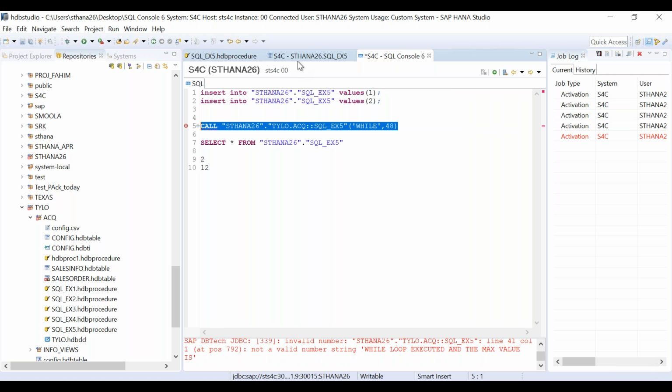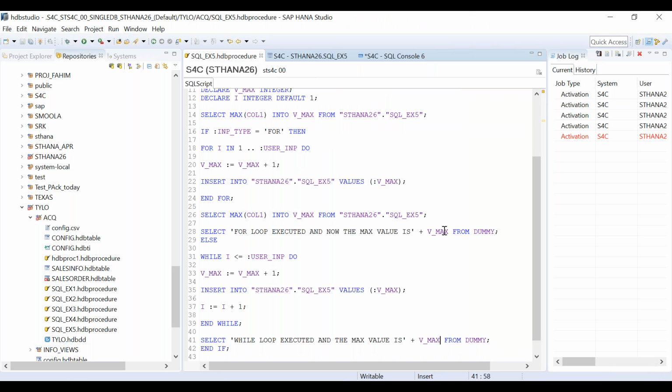Okay. All right. So what is the issue here is that this V underscore max is an integer, right? I cannot pass string and integer directly into the console. It has to be a string variable. So for string, what we have to do, we have to either,